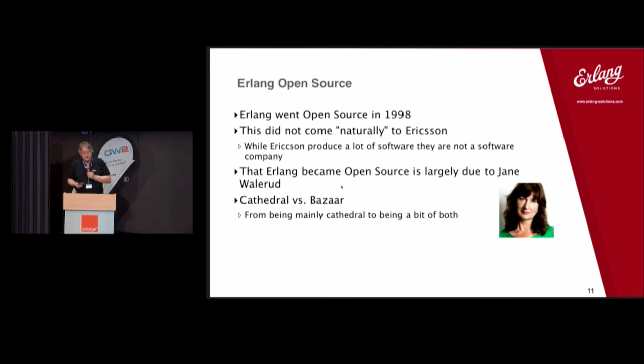However, on top of the Erlang system, the Erlang base, of course, there are a lot of applications written which are open source. You have other languages. For example, I'm not going to talk about it here, but there's a very common language becoming more common now called Elixir, which is also open source, of course, and they have a different set of requirements. They're both at the language application level where they have to be careful, but there are a lot of packages written on top which don't have to worry about this. So whether we're Cathedral or Bazaar depends very much on where you look and what you're doing.